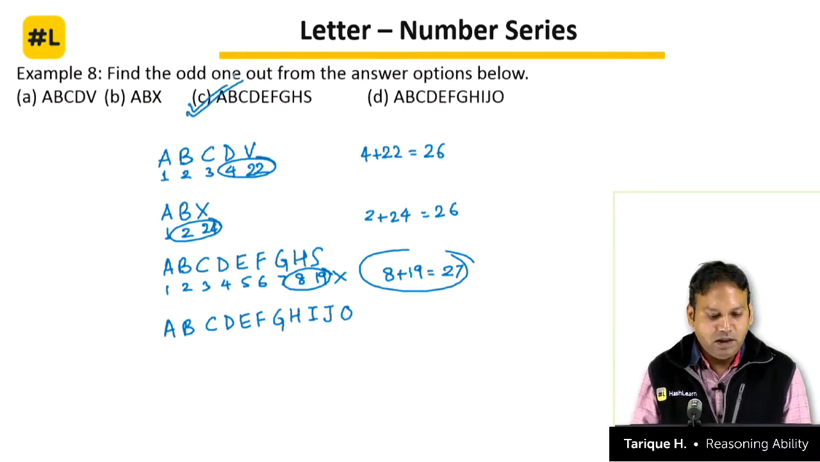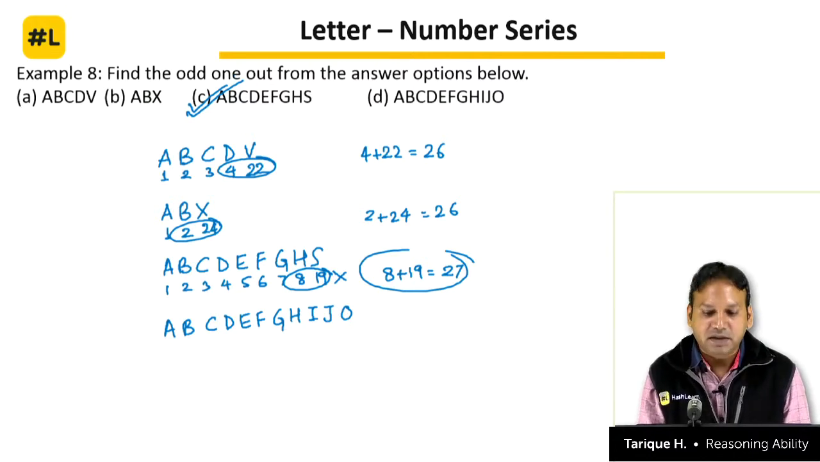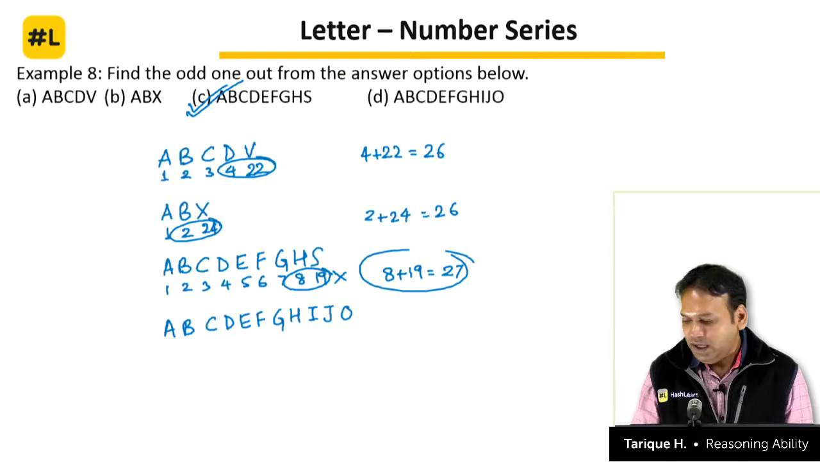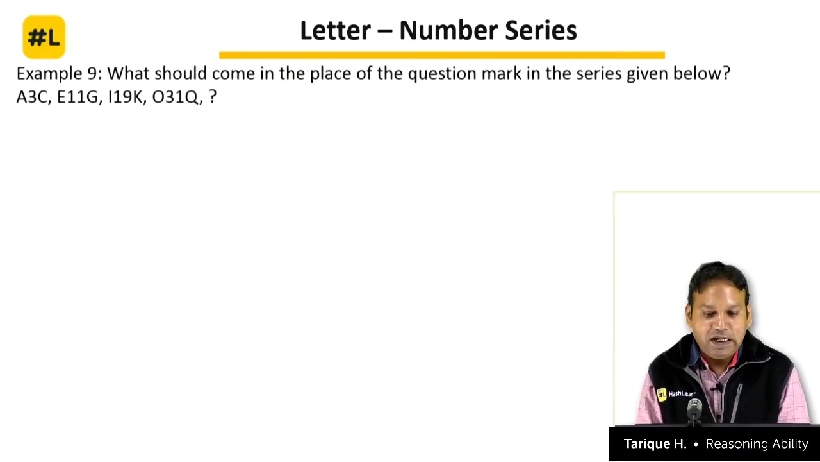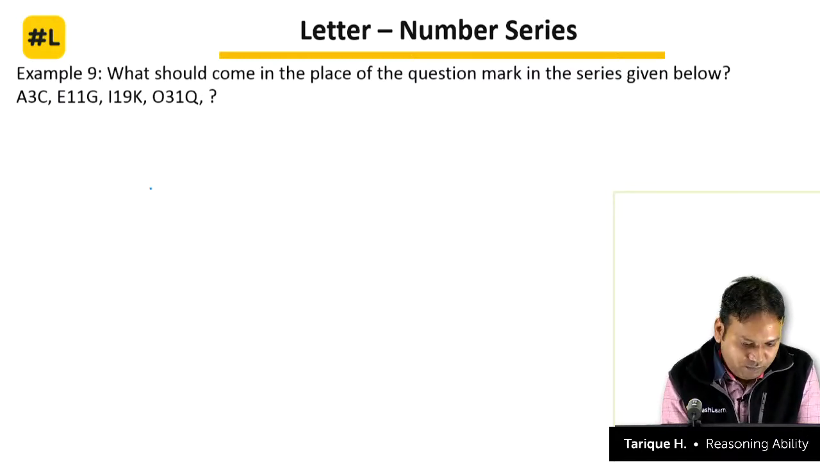Okay. There are various ways in which questions from letter and alphabet reasoning can be asked. In series also, these are all series actually. Look at the odd one out in the series, that also can be given as options. Clear? And then let's look at the 9th question here. What should come in place of the question mark in the series given below? So we have here A3C, and then we have E11G,